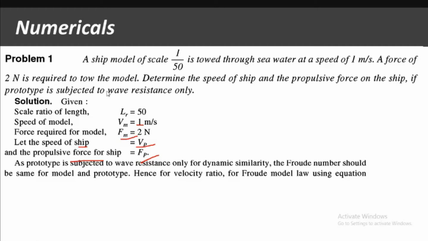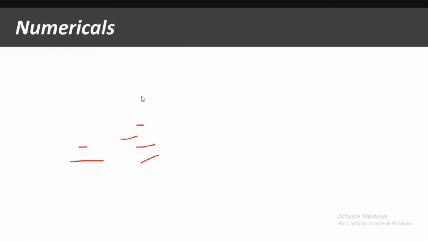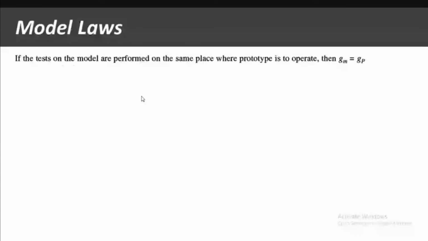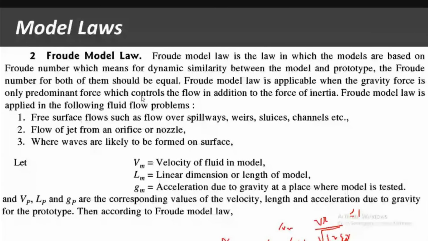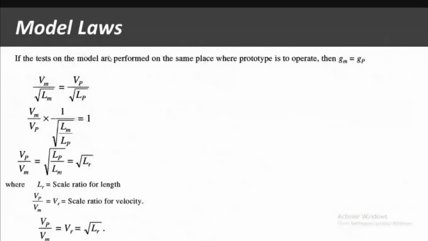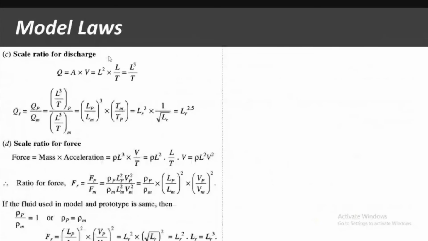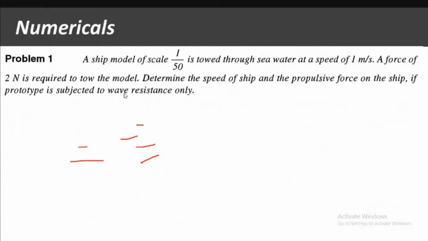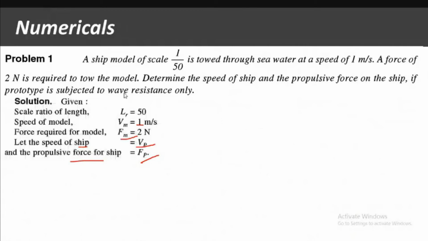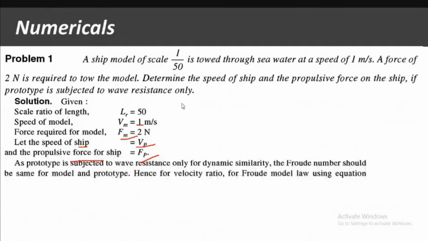ओके, अभी यहाँ पे एक्चुअली वेव बोला है। आपको ये 3 पॉइंट याद रखने हैं। हमारे मॉडल फ्रॉड लॉ कब यूज होता है, फ्रॉड लॉ व्हेन फ्री सरफेस फ्लो, जैसे रिवर, स्पिलवे, वियर्स, स्लुइस गेट्स, चैनल्स। देन सेकेंड ओरिफिस नोजल से फ्लो होता है, और तीसरा केस वेव, जब वेव का फ्लो होता है तो हम फ्रॉड लॉ यूज करते हैं। और न्यूमेरिकल में बोला है कि इट इज सब्जेक्टेड टू वेव रेजिस्टेंस। तो वेव रेजिस्टेंस का मतलब है फ्रॉड लॉ यूज करना है।